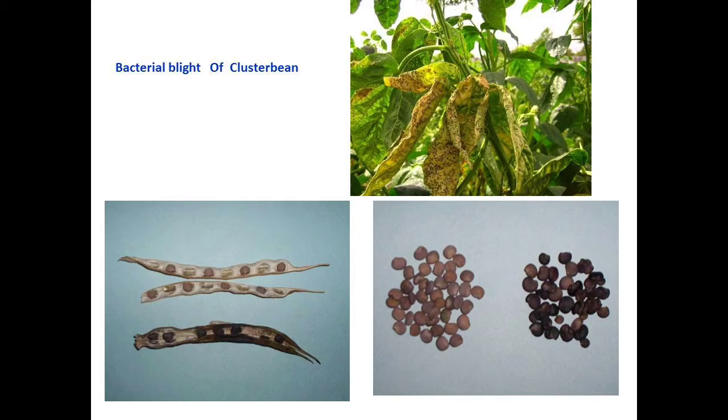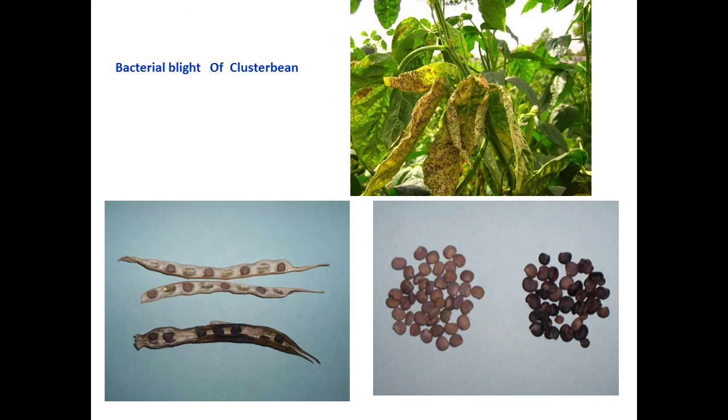The infection from blighted leaves spreads to the stem through the petiole, and the diseased stem gets cracked due to the severe infection of this Xanthomonas axonopodis. Infected pods show heavy spotting and seeds become shriveled. So it directly affects the quality of grains inside the pods. So this is one of the economically important diseases in beans. Here you can see in images, all the images showing clear symptoms of this bacterial blight.